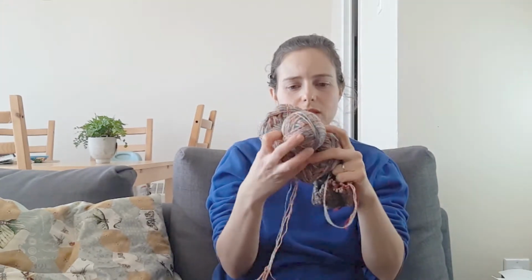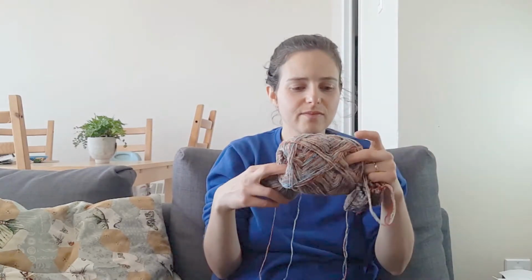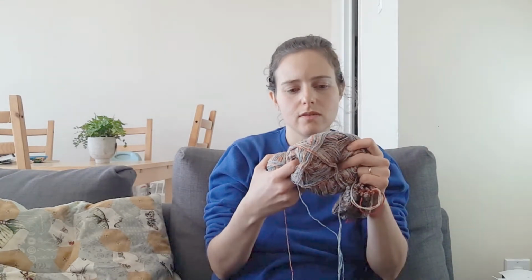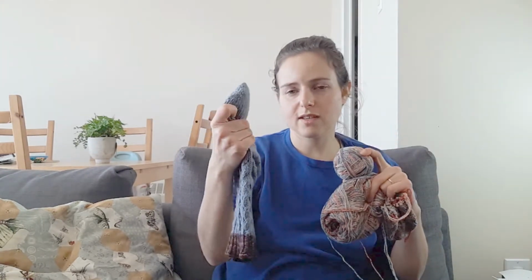And I don't know, I was liking how it went. So I basically held it double. So this is Mending by Red Rosaria, which everybody seems to be using, so I want to try it as well. So it's a non-superwash, I think 100% wool, but it's different. It's not merino, I guess, because this is 100% merino, and it's way softer. Like, this is really soft. That's why I need it double, like two strands of yarn held together, in the hopes that will